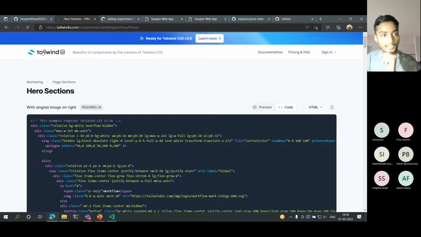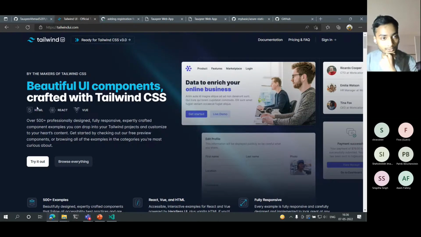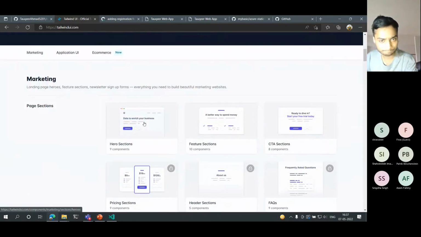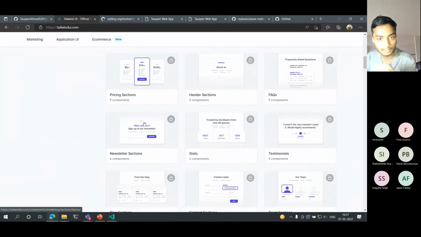And the very fascinating thing about Tailwind is that it works with HTML, React, and Vue, especially Vue, because Vue doesn't allow many things, and Tailwind works best with Vue and React itself. And React helps you with a single page application. So you can just go over the website, copy paste any sort of code you want in your website, just make it available using Azure and GitHub, and you are done. You can just give out the link to the people, to the family, to the client, anyone you want. Cool.